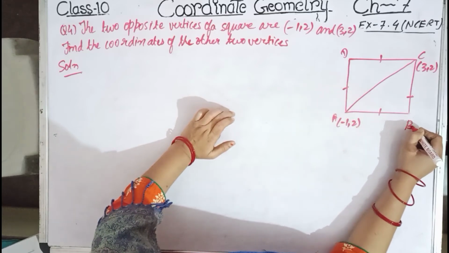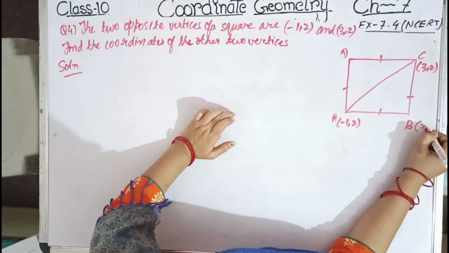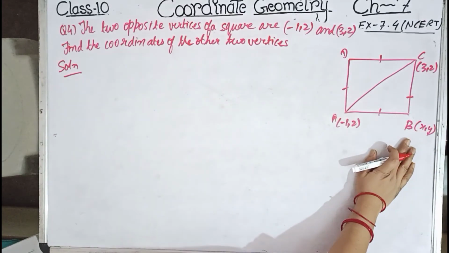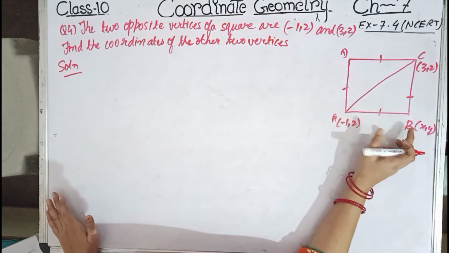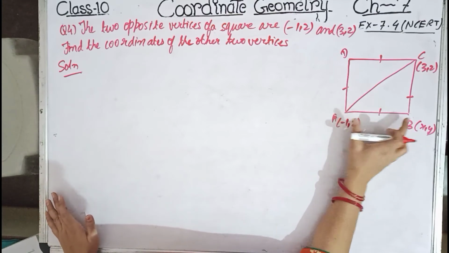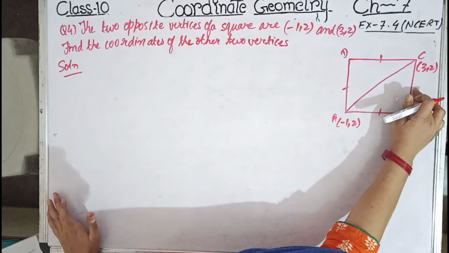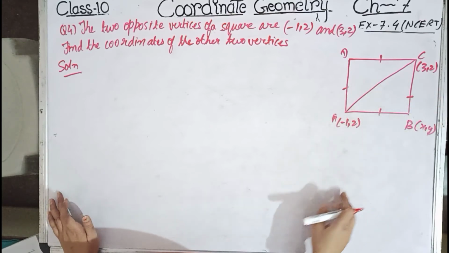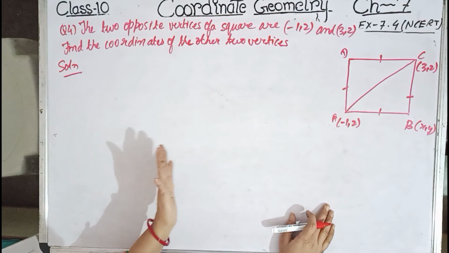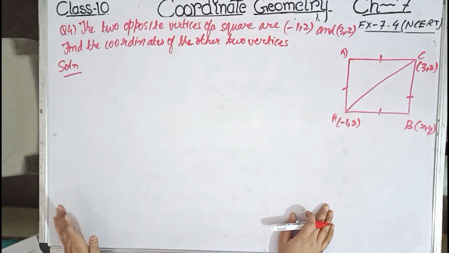So let us suppose the coordinate of any one vertex right now. So I am supposing the coordinate of B as (x, y). Now over here in this triangle, I can start solving with the equation AB equals BC, and hence AB square equals BC square. Also the Pythagoras theorem, that is AC square equals AB square plus BC square, can be used. 2 equations we will be getting, and hence the value of x and y we will get. So let us proceed on.